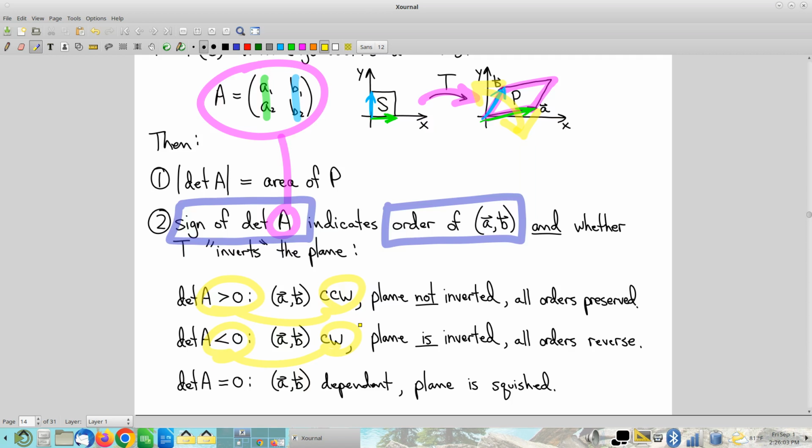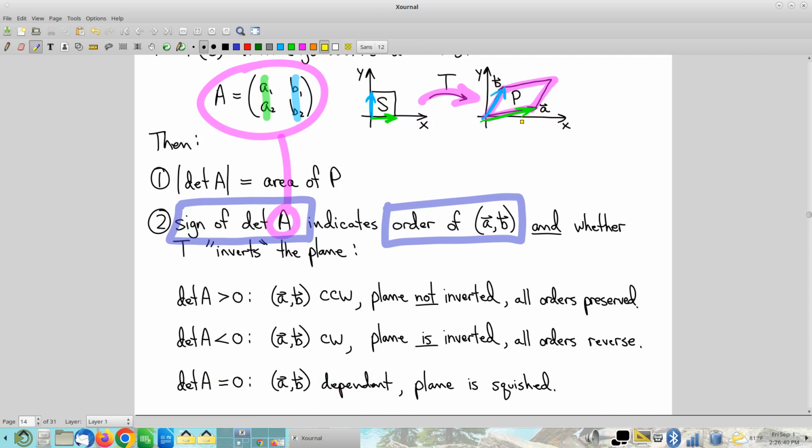And then there's this annoying third possibility: it could be that the determinant is 0, namely neither positive nor negative. That would result in neither clockwise nor counterclockwise. In other words, dependent, which would correspond to these two vectors being parallel, or one of them's a multiple of the other, or one or both of them are 0, or something annoying like that. All right. Okay, now